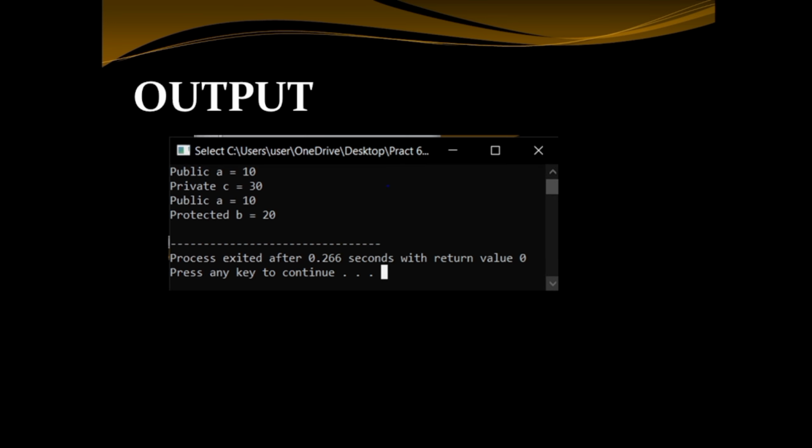So what does this program teach us? It shows access specifiers: what is accessible in the class, in the child class, and in main, for public, protected and private. Public members can be accessed anywhere. Protected members can be accessed in a derived class only. Private members are accessible only inside the same class. So access specifiers help in data hiding and security.